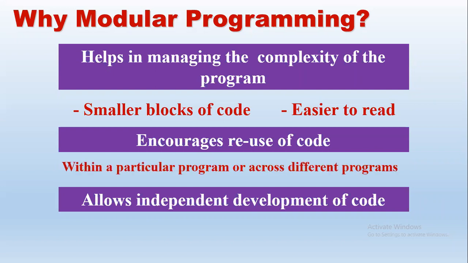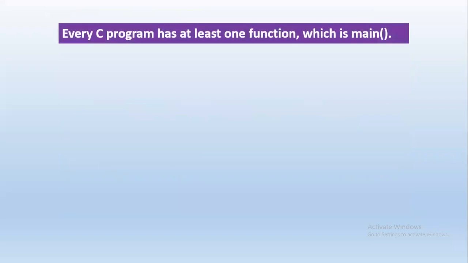Here we can have different parts of the same program. These are user defined functions. Basically every C program has at least one function, which we have used in all the programs. Which is the function compulsorily required for any C program? Main, right? Without main, will the C program work? No, we need to have main compulsorily. That is one function which we have used throughout in all the programs. So main is one function.